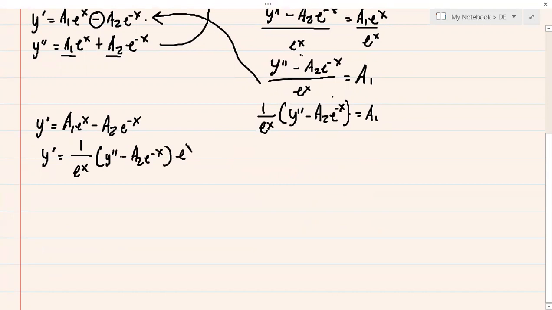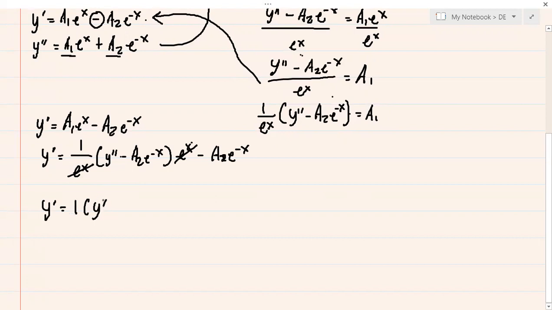Okay, times e raised to x minus a sub 2 times e raised to negative x. Okay. So, first, let's simplify. Simplify muna natin. So, to simplify this equation, una, makakancel tong si e raised to x dito sa first term, kasi meron siya sa baba at meron siya sa taas, pero nasa gilid siya. So, makakancel yan. So, mangyari dyan, we will have 1 times quantity y second prime,